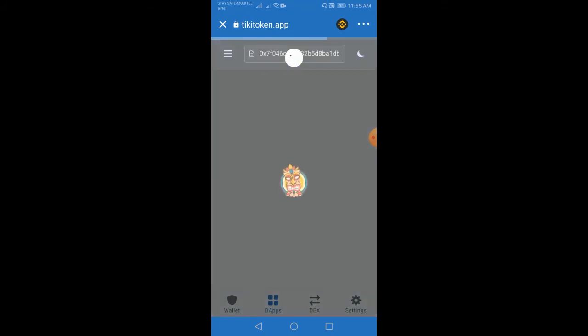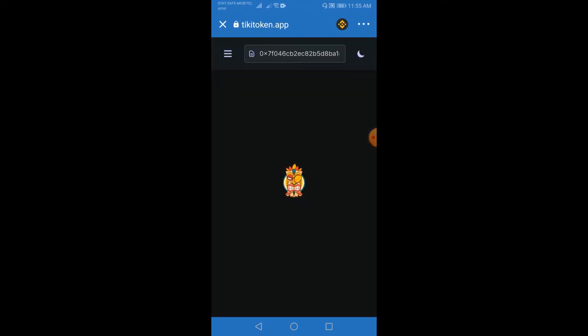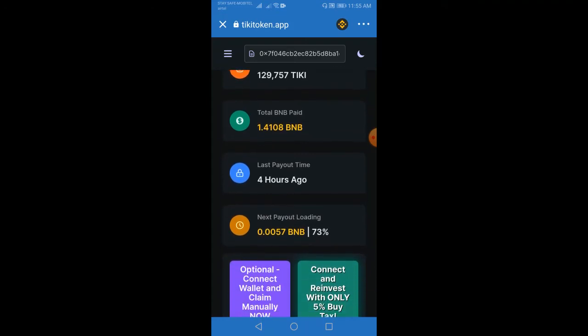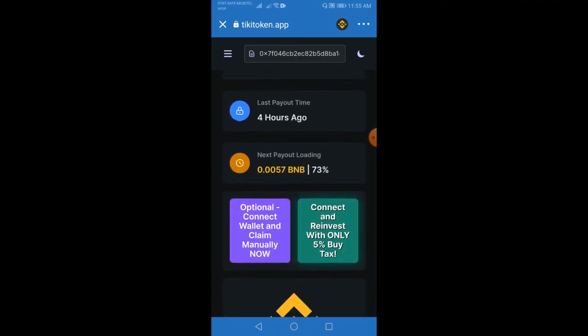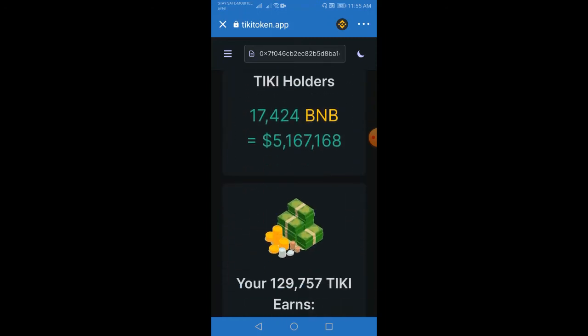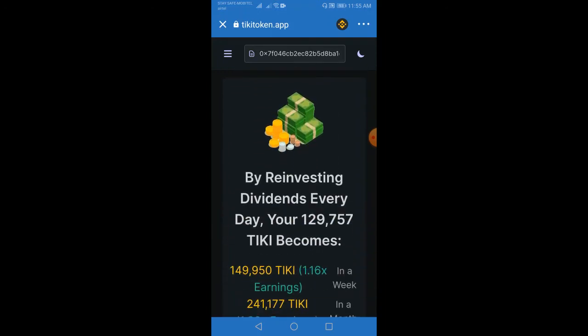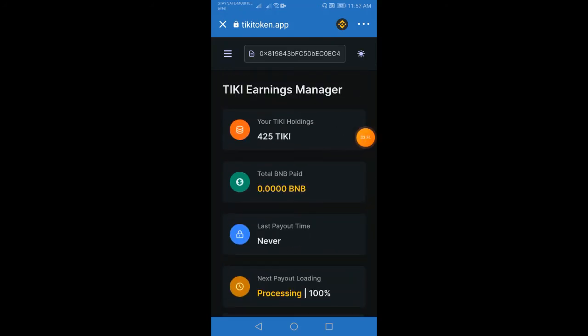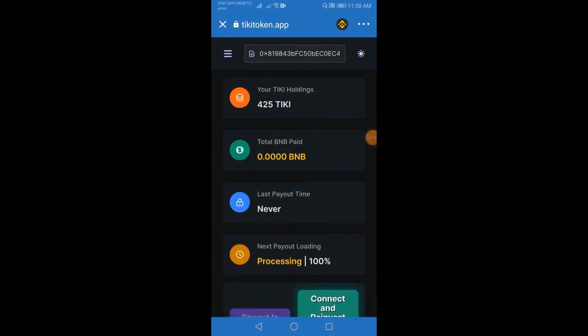After that, you will be redirected to the Tiki token dashboard. Here you can see the Tiki earnings manager, and you can see all the details of the Tiki token finance, and you can claim the token. On the dashboard, you can see your Tiki token holdings, total BNB you earned and last payout.